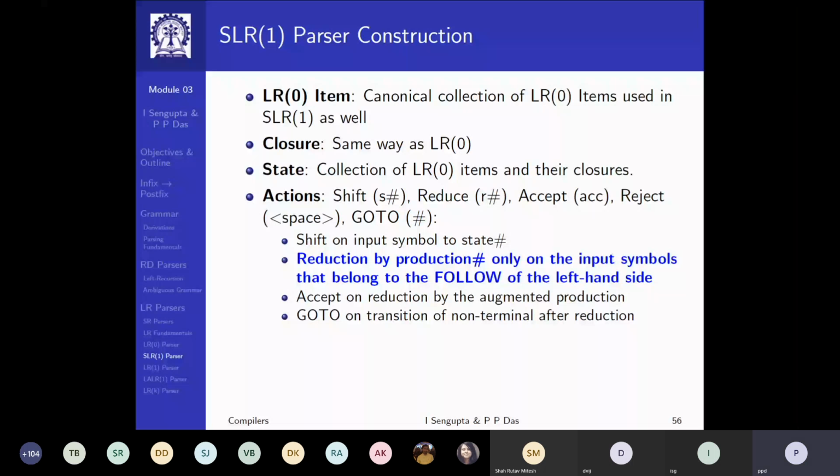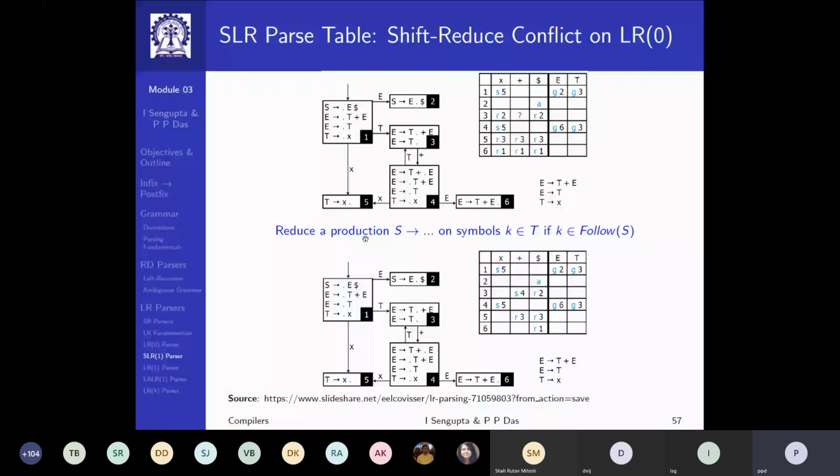So at this point, you are using one symbol lookahead for the parser. That is precisely what we are doing here. You reduce by a production S, generating something, on all symbols K that belong to T, if K is in the follow of S. If it is not in the follow of S, then you do not accept that, and you do not do a reduction on it. You will have to either leave it blank if it cannot happen, or if there's a case of shift, you'll